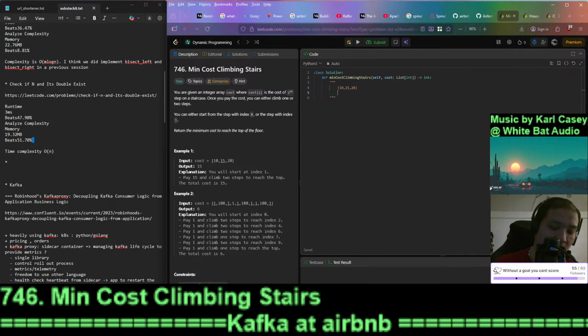Okay, index 0. You pick 0, pay 10, or later on you have to do 1, right? You don't know the cost yet, but we pick 10. So here we have two options. We go to 1, 10 plus 15 is 25, or